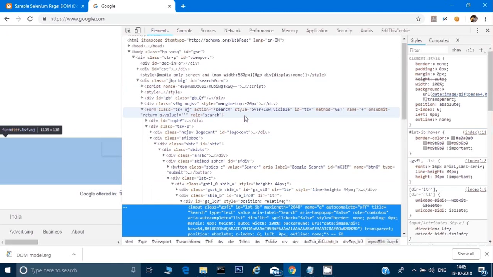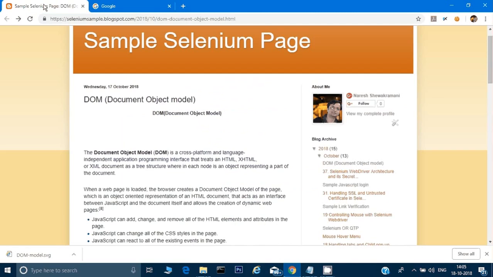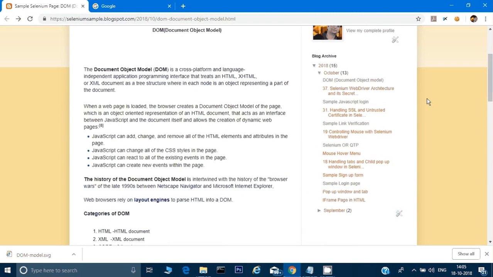Okay, so we will learn about that and we will see what is a document object model, because if you're working on Selenium, you should have knowledge of this so that if you get any issues, you should know why you are getting this issue. If someone asks you what is document object model and how it interacts with Selenium, you should have that knowledge with you. All right, so I have created a blog, a simple blog here regarding a document object model,